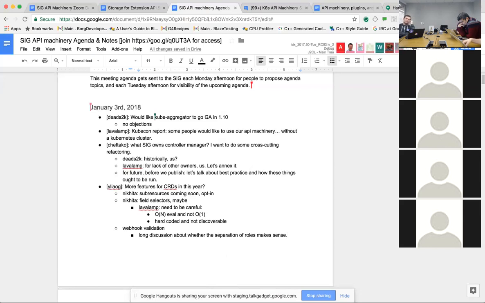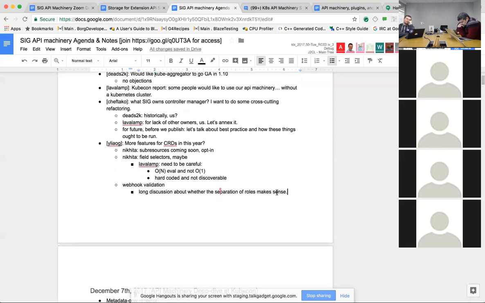Because we have to do this work to enable things inside the CRD spec and then hook up controllers to turn those into validating admission webhooks. So it's work that we're signing up to do, or someone is signing up to do. And the question is, is that worth doing if it doesn't actually provide isolation? Okay, so sounds like I need to go look at that proposal again.